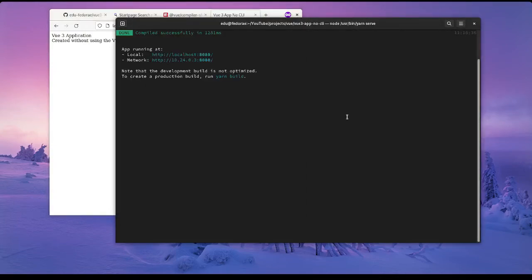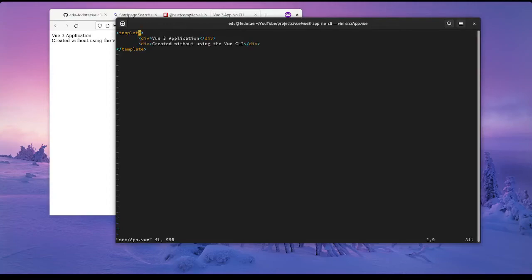I also want to show that you guys can actually build this thing out, so it's not only limited to serving it, but as you can see, if you remember, I actually added the build command. So let me just close this out, Control C, and I'm actually going to vim the App.vue and just add some more text in here. Pretty much what I'm going to do is just add some shameless branding. So our div here,